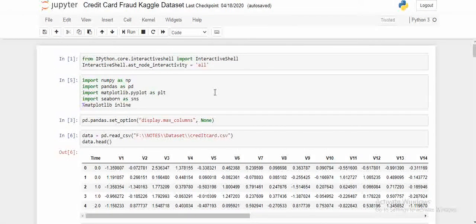Hello everyone. Today we are going to discuss the credit card fraud Kaggle data set. So let's begin. Now the first piece of line of code from